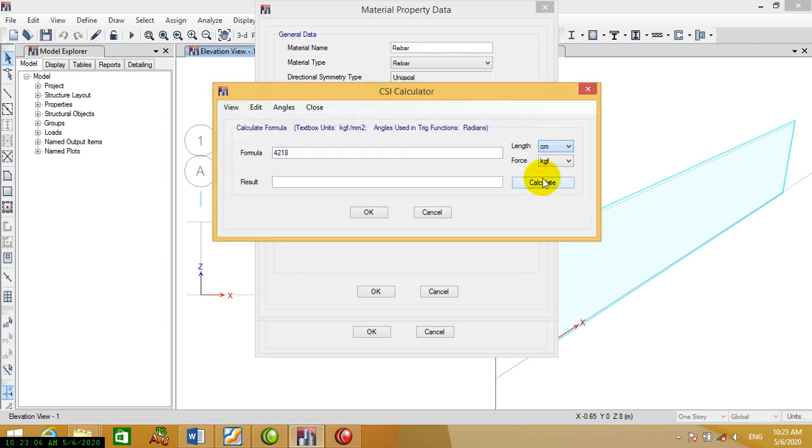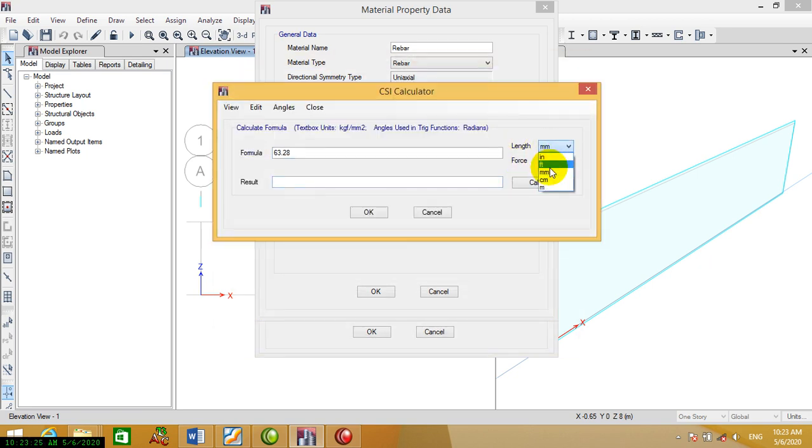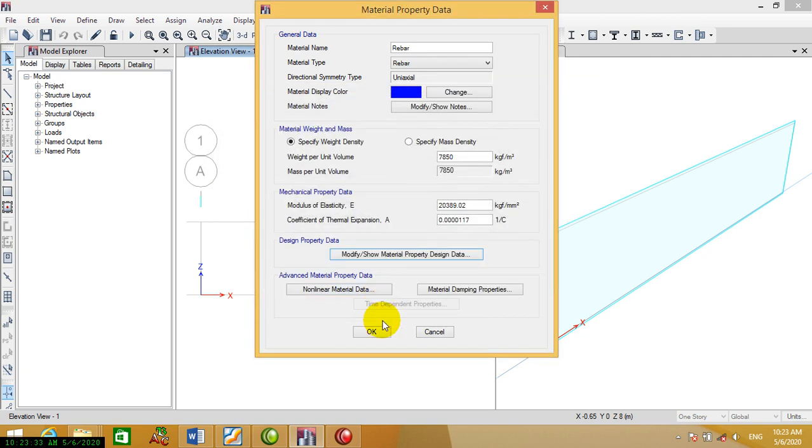We change the length to centimeter and enter 3200 kilogram per square centimeter. Okay, and the Fu we enter about 4300. Okay,